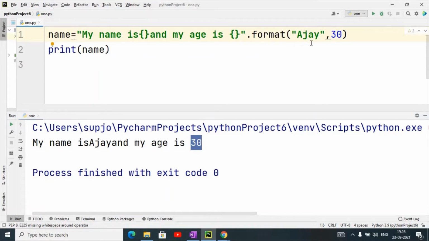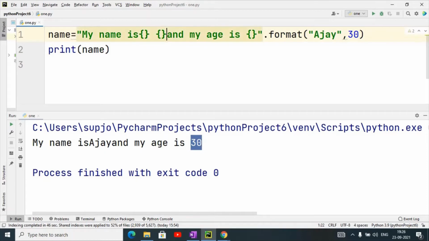So this can also be used with a string if we want more than one. Suppose I give again one like this, and one like this here also.